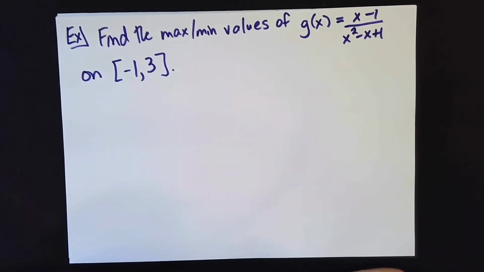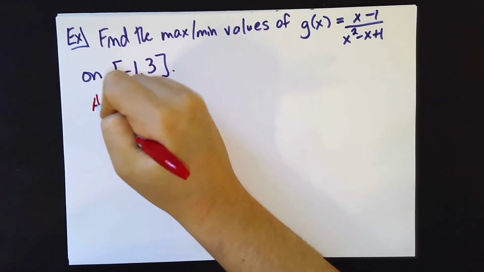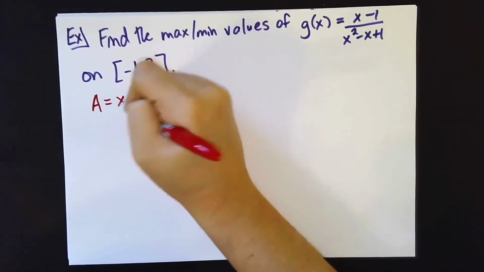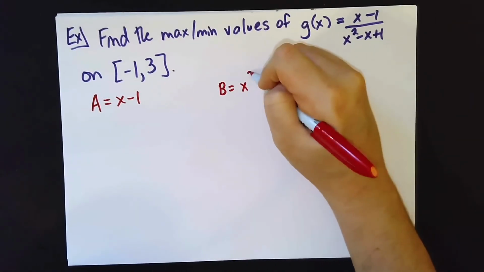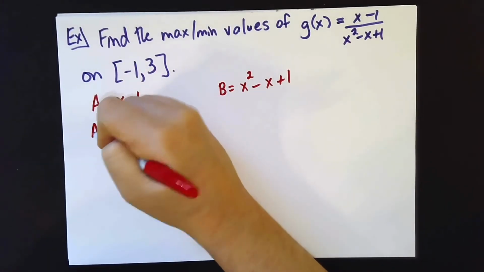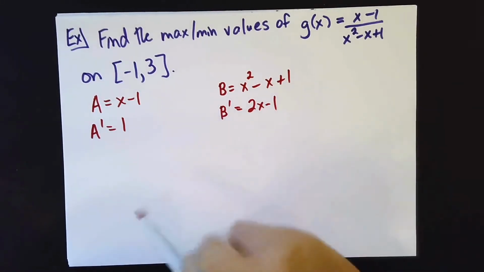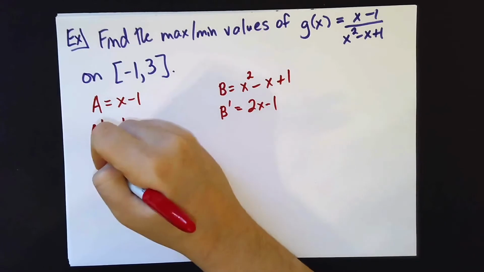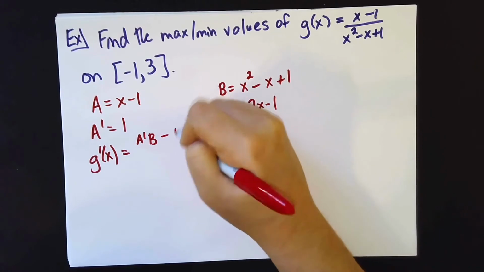Okay, so let's find the max and min values of this function on this interval. Now we have to use the quotient rule. So let's take the derivative of g, and let's use the quotient rule here. Remember, the numerator has to be a, so then the denominator is b. So here are my a and b, and a prime and b prime. So now I can write down g prime of x, which remember is going to be a prime b minus ab prime,